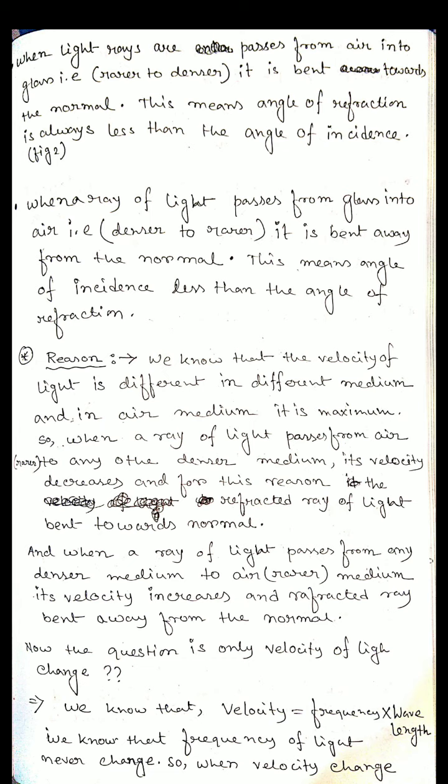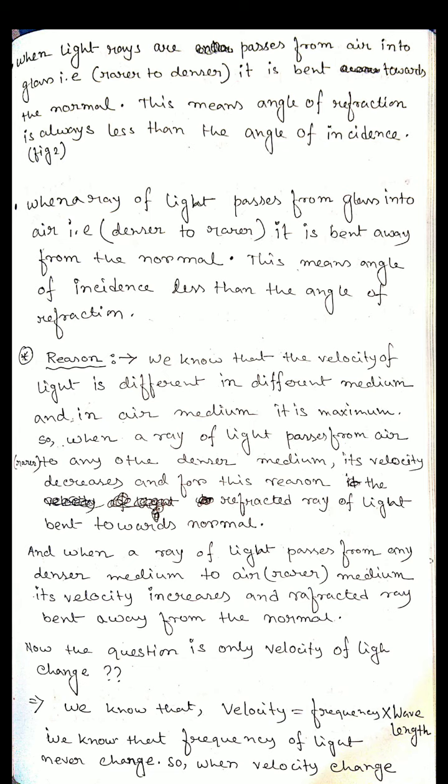We also know that for the same color of light, red, blue, yellow, green, whatever color you take, its frequency is always constant, it does not change in a medium. So frequency does not change. So which one changes? Yes, the wavelength. When velocity changes, the wavelength of the ray of light also changes. Otherwise we cannot say this equation is equal. If only velocity changes and the other two are constant, it is not possible to write this equation.